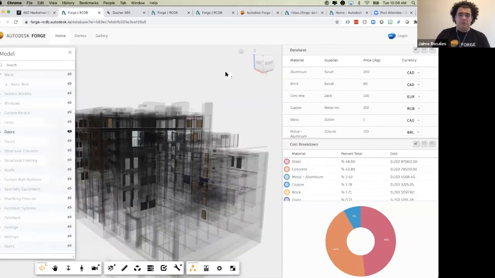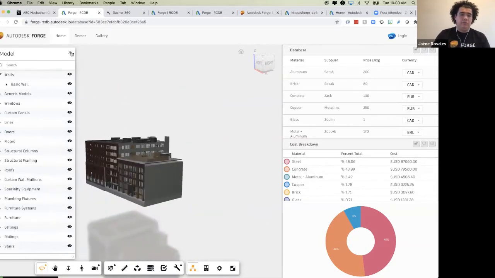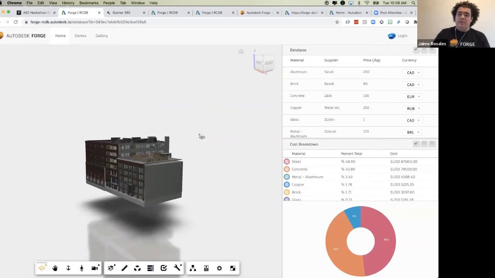But at the same time, we are aware that there is certain data that maybe is not originally part of the model. So let's say we have some sort of bill of materials database that we want to include in our model. In this case, on the right side, we have an external database that is coming from a cloud service, in this case MongoDB. For everything related to, let's say, brick as the material, or concrete, copper, glass, we have information about who the supplier is and the price per kilogram, in different currencies